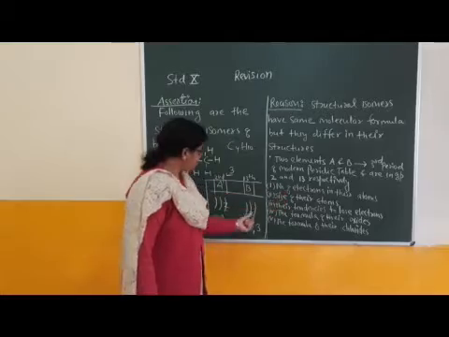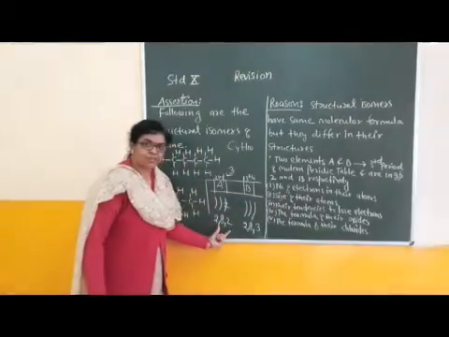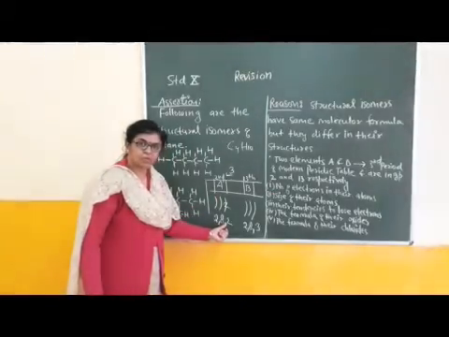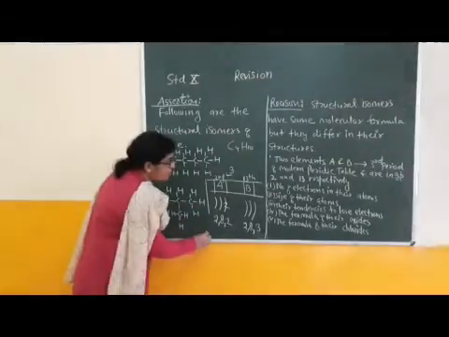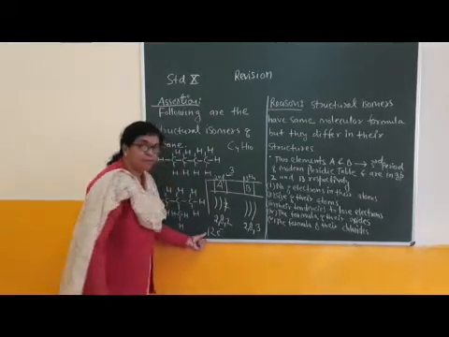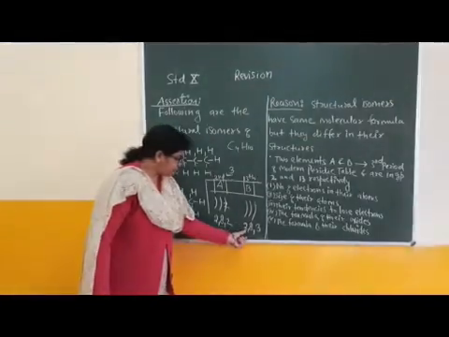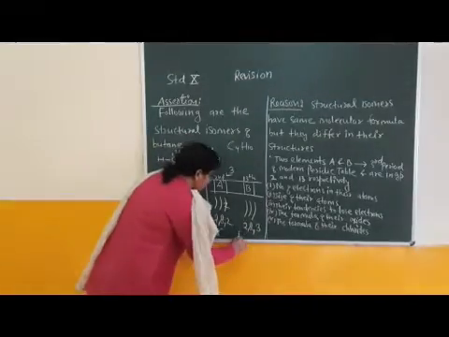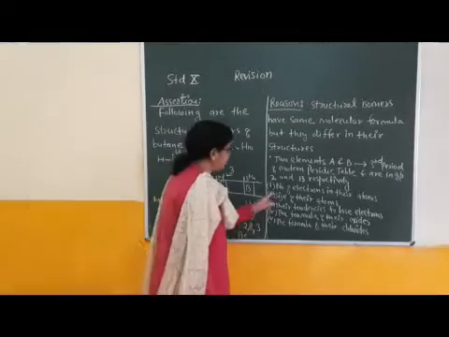The number of electrons in their atoms. The total number of electrons in an atom of element A is 2 plus 8 plus 2. How many electrons are present? 12 electrons. It means the atomic number is 12. Total number of electrons in B is 13, 2 plus 8 plus 3. 13 electrons are present. Answer of this part.